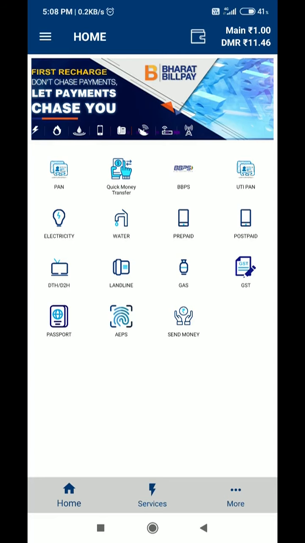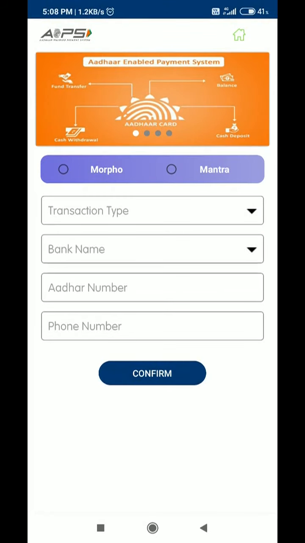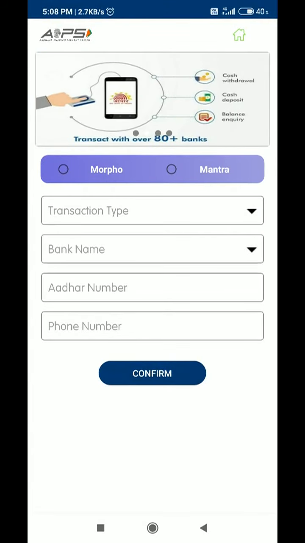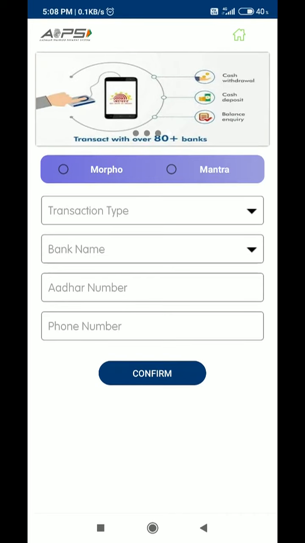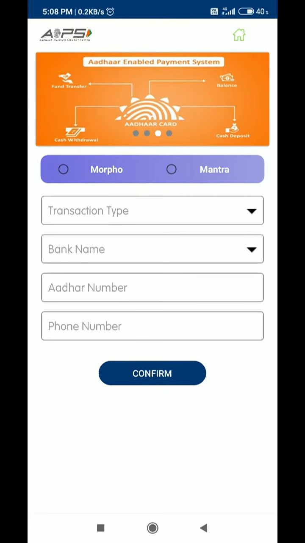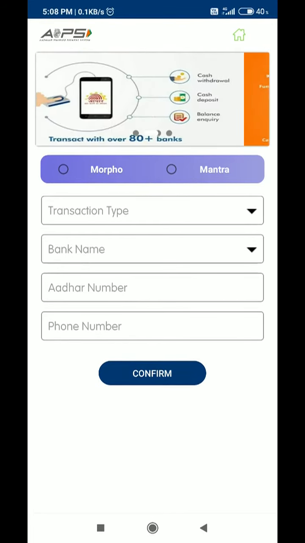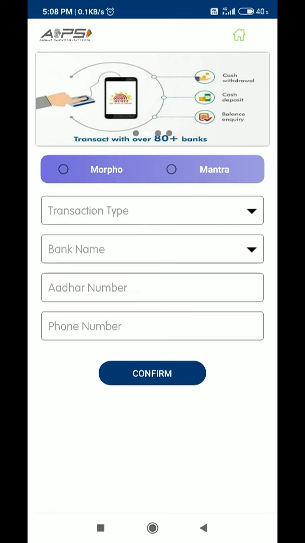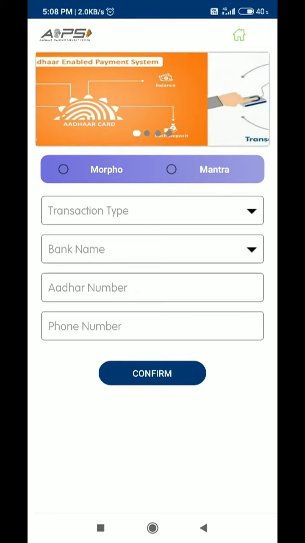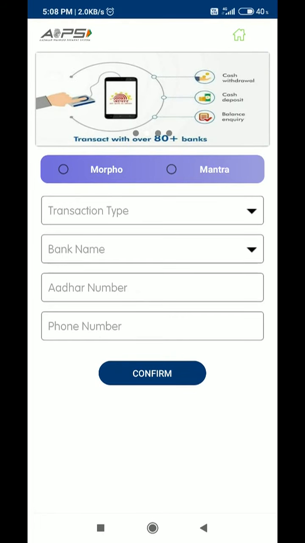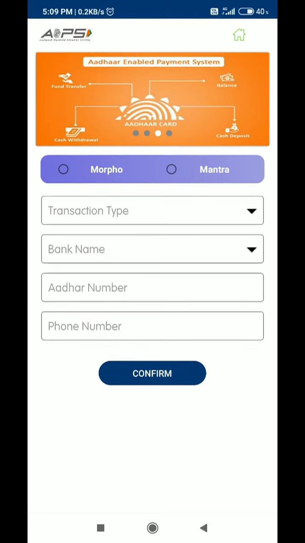For the first time, it will ask for a payment of 199 for the activation of AEPS. Once after paying, you need to fill a KYC document, that is AEPS onboarding. For the onboarding, it will ask for your name, user ID, email ID, phone number and address details. After filling all the details, an OTP will come to your entered mobile number. You need to enter the OTP. Once the OTP is validated, it will go to the AEPS dashboard screen. Only after successful onboarding will it go to the AEPS dashboard.